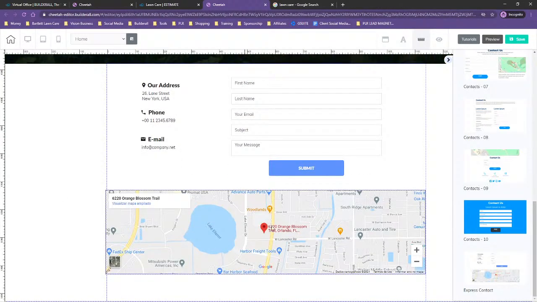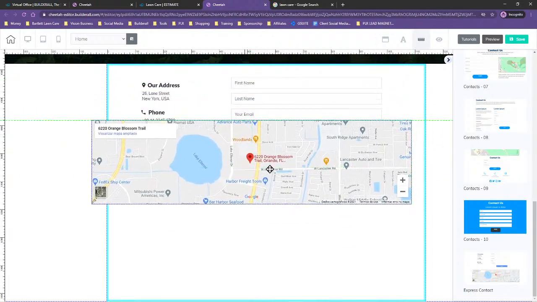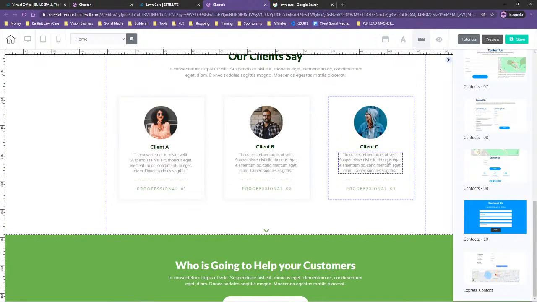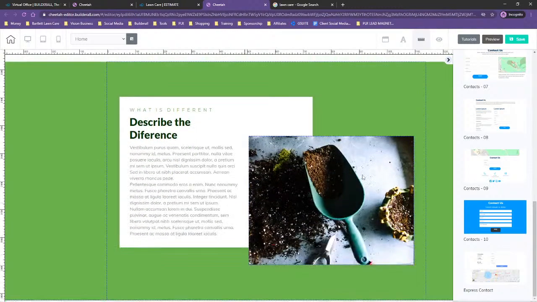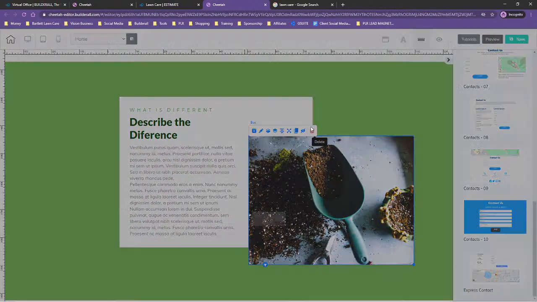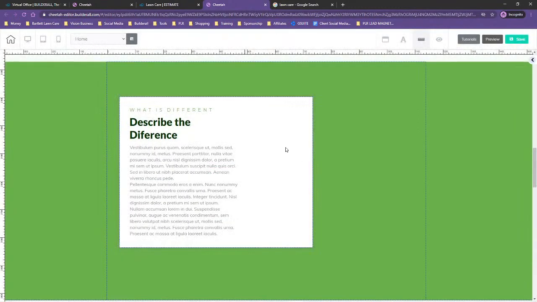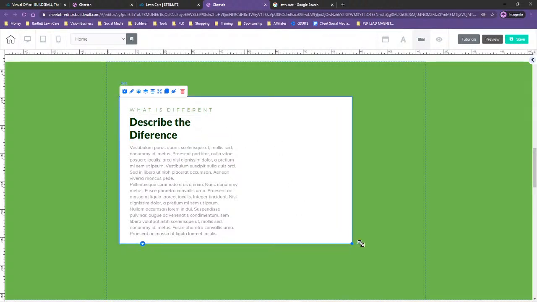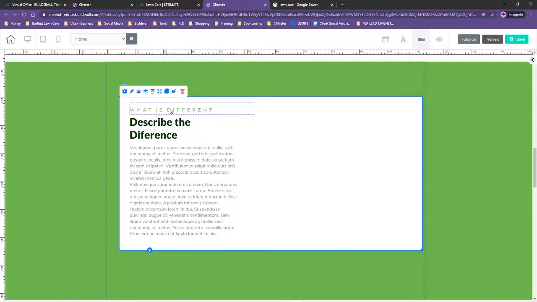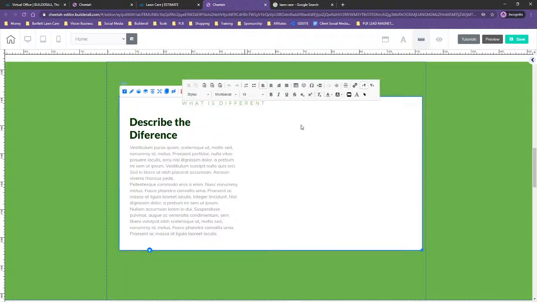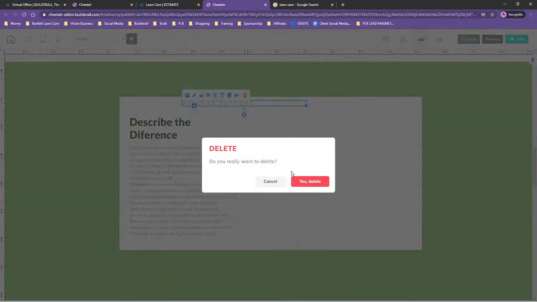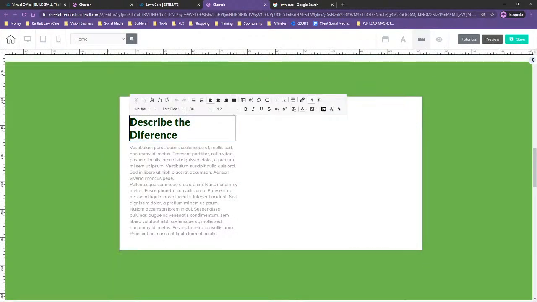We already have our footer. So in reality, we don't really need any of the rest of this stuff except for this map. So let's decide where we want to put that. Actually, let's just put it right here because we have this nice green panel. We'll use this box as well, and we could add something here. Actually, let's delete this because we don't need this. And let's use this text and we'll just say